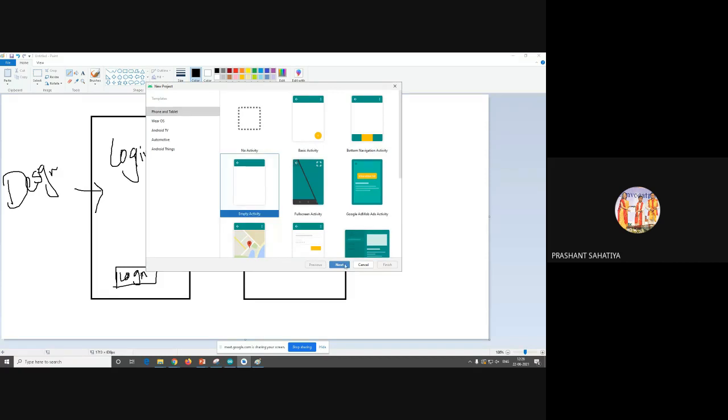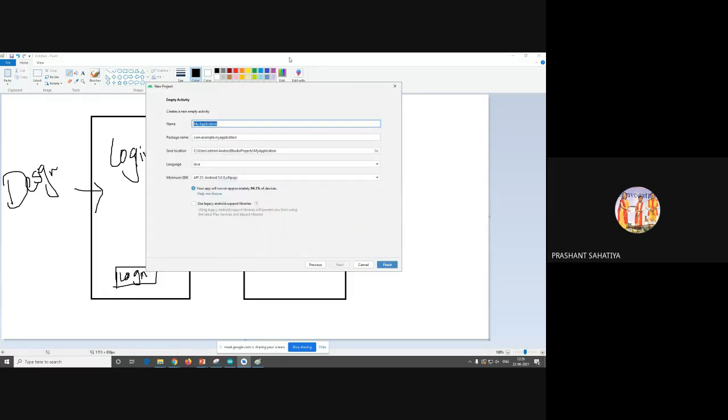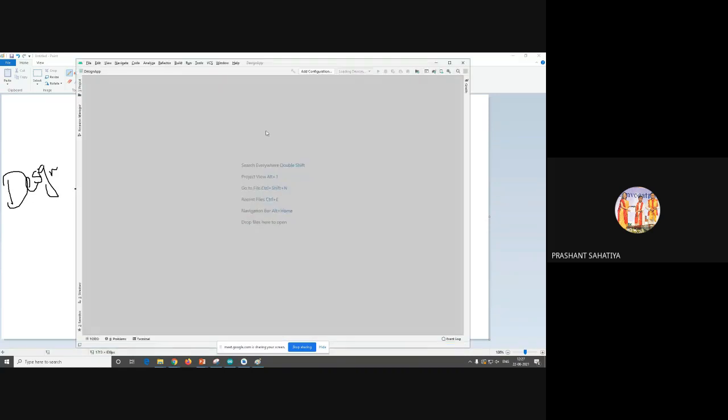So next, today from a design point of view I am going to see. Today we'll set one icon also. How to set an icon of the app and everything. So design app, I'll use the language Java, and the minimum SDK. SDK is nothing but software development kit. The minimum version of your app, or the user's device, should be Lollipop. Click on this finish.